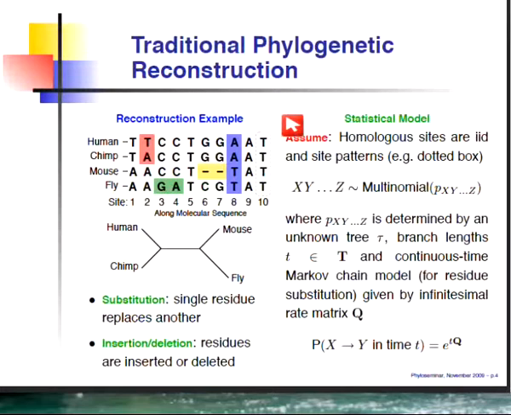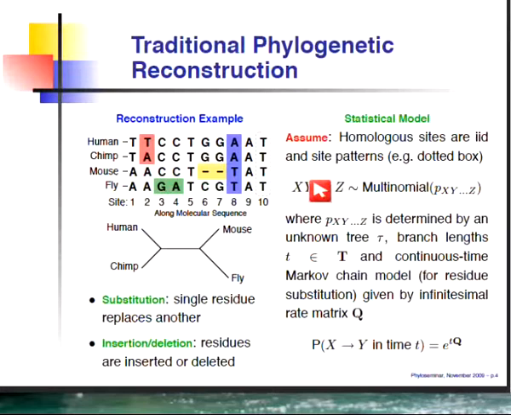So for each of these homologous sites, remember these are homology statements, these are guesses that we're making, we're going to assume that each of these sites are independent and identically distributed. Well, now what we have is for each site, we have basically a realization from a multinomial. If we're dealing with 4 taxa, and there are 4 possible outcomes for each of the characters, then there are 64 possible different patterns that we might see here.